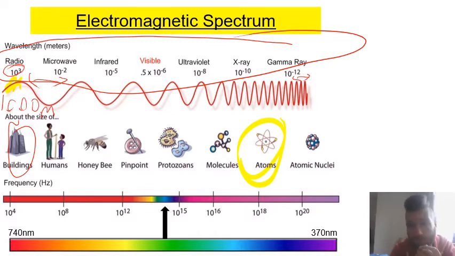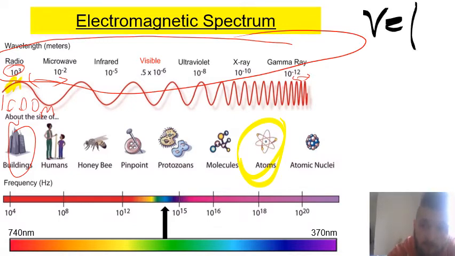Either side of visible, well, we've got above violet, we've got ultraviolet, and below red we've got infrared. Infra means below. So by remembering a couple of those facts and what they mean, it might help us establish the entire order in our brains. But we are going to be doing other things to look at the order. Now, I want to just talk about a couple of the relationships that go on here. Now, something that we do know